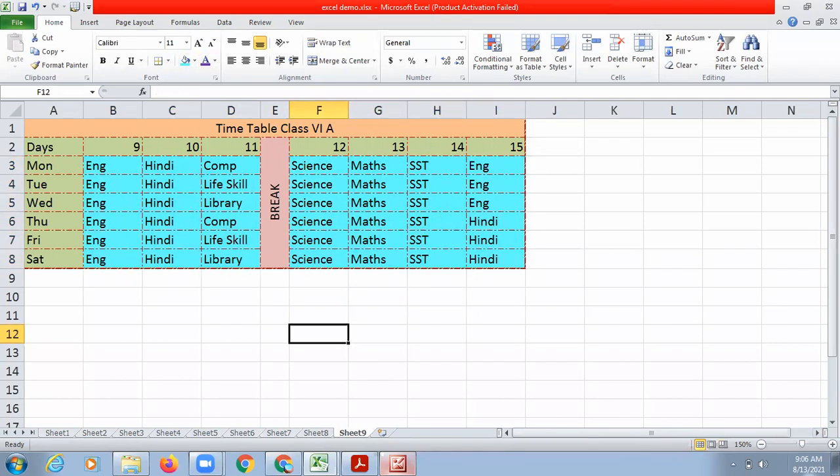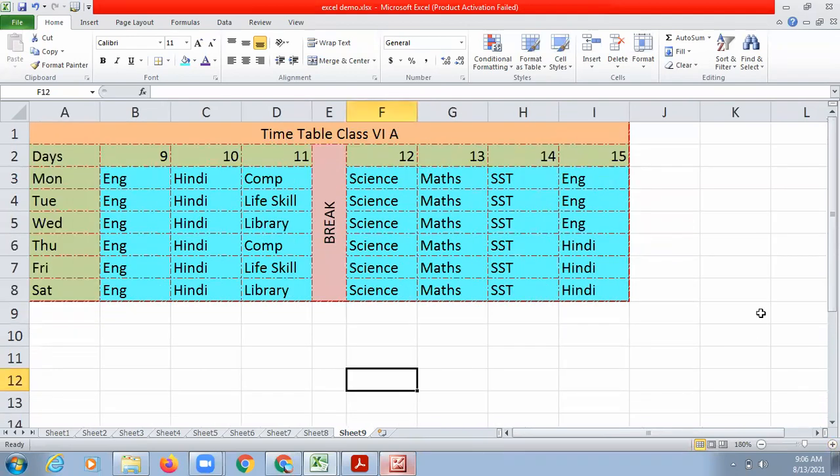Clear? Like this you can create a timetable, and after that you have to take the screenshot of it.